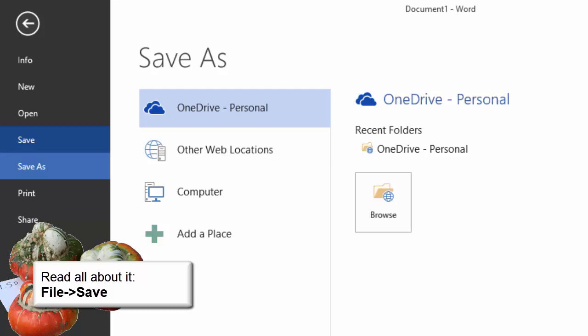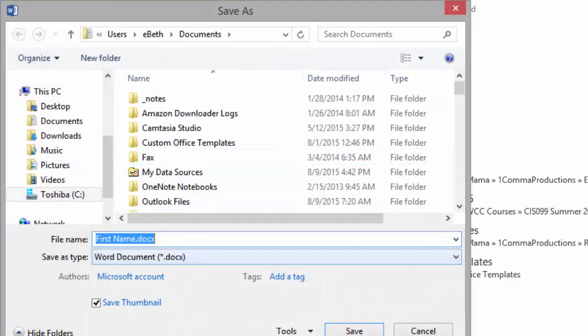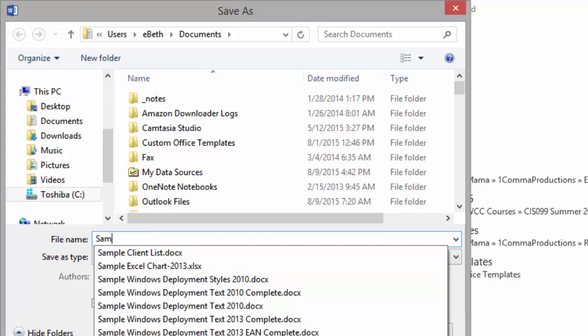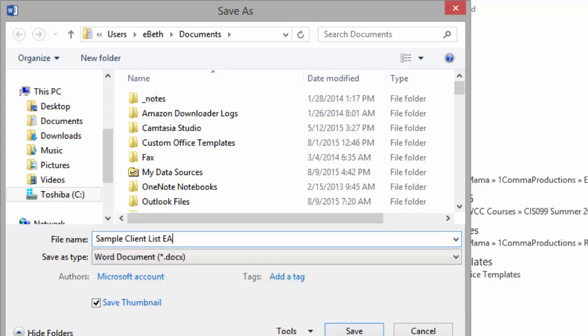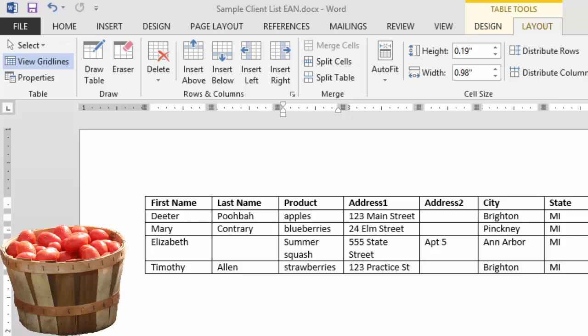Go to File, Save. By default, Microsoft will aim for the Documents folder. Where am I saving it? Documents. What am I naming it? Sample Client List. Please add your initials so that you know this is your list and not mine. And click on Save. Okay, in the next step we're going to be making business cards, which are by definition